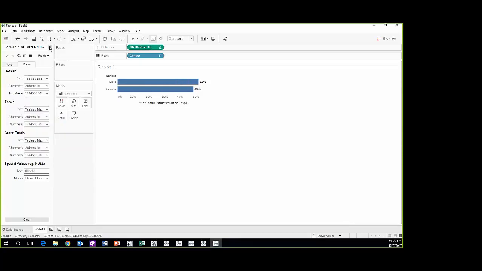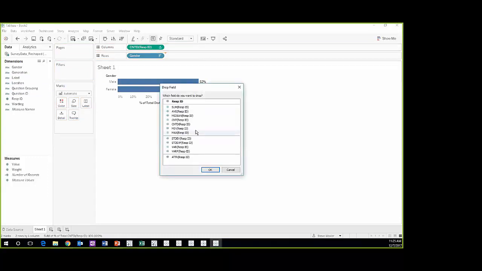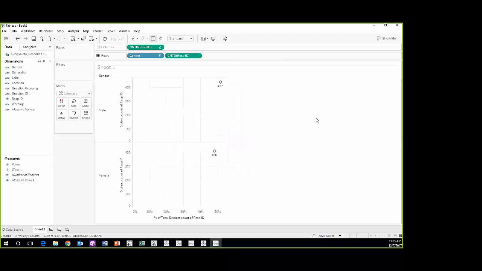Now, if it turns out you kind of like having the percentage, but you'd also like to know, well, just how many people were there? Was it 10,000 people, or was it under 1,000? So we can do this. Here's a nice little trick. Let me drag respondent ID here again. And we say count the distinct number of respondents, and you get something that looks really dumb,